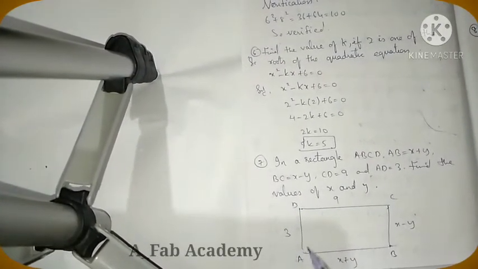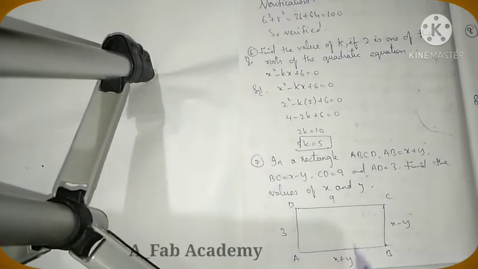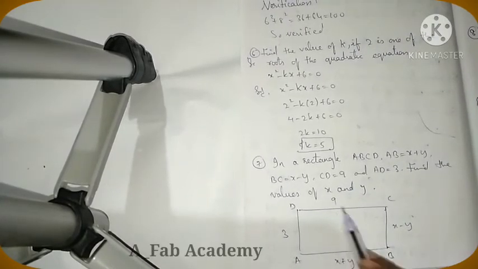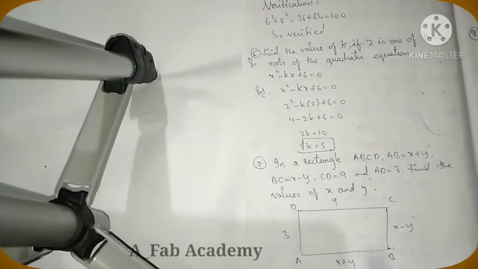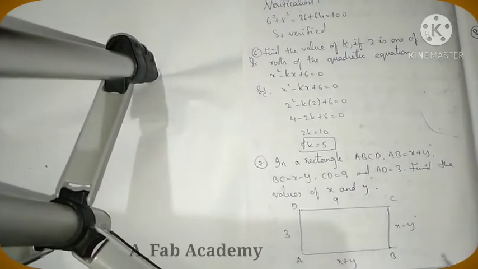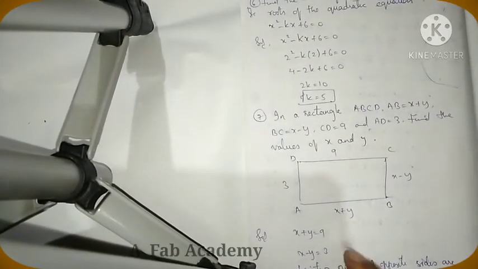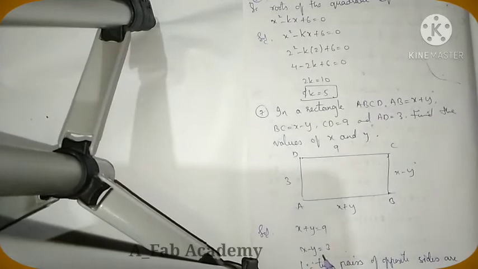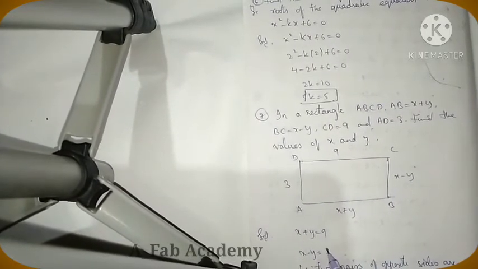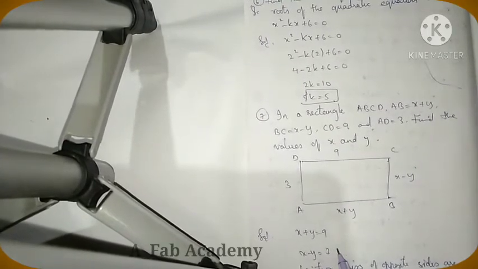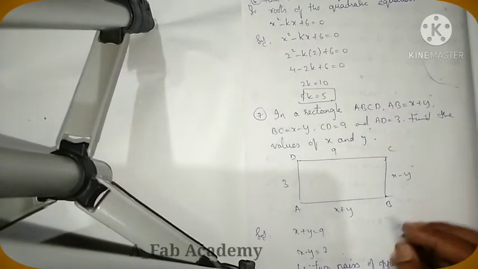That means you can convert this into the equations x minus y equals 3 and x plus y equals 9. Here you will get two equations, okay, linear equations, because the degree of the polynomial is 1. So after solving those two equations you will get the answer like this: x plus y equals 9, x minus y equals 3, y gets cancelled, 2x equals 12 you will get, 2 you can send to the other side, you will get x equals 12 by 2.